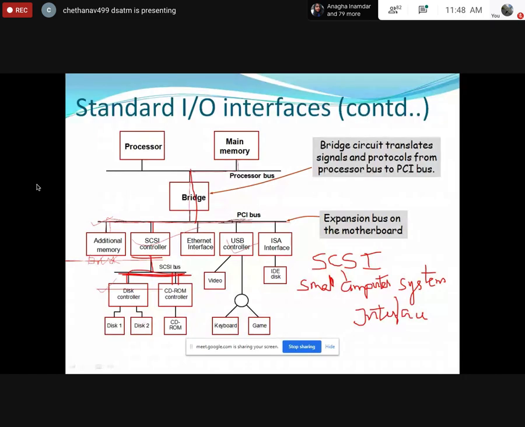And here one more thing you should know. This SCSI bus will be controlled by the SCSI controller. So as the bridge exists here, here also we have the SCSI controller. This will control how much data should be read from the disk, how much data should be transmitted to the processor or the memory. Okay, like that. So your disk will have a bulk amount of data that will be received by the SCSI controller, and it may pass it on even to the memory also. I can send to memory directly without any intervention of my processor. Okay, that may happen over here. That is the main intention of my SCSI, that is, small computer system interface.